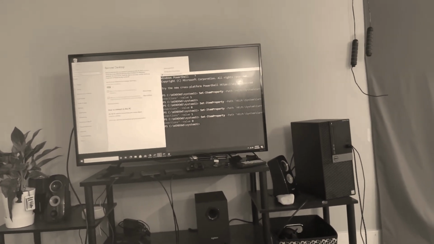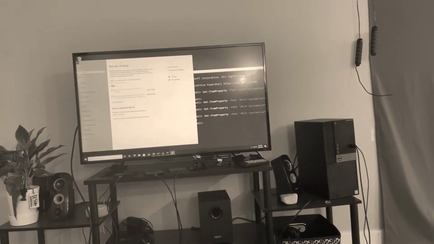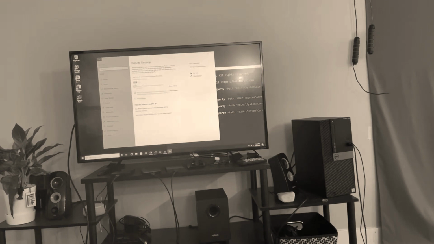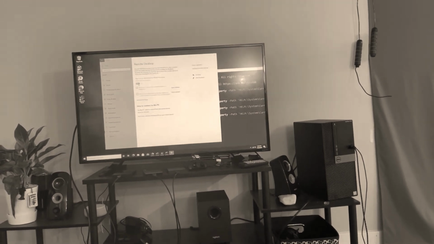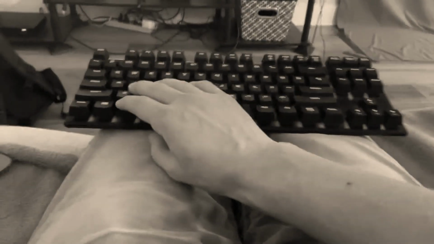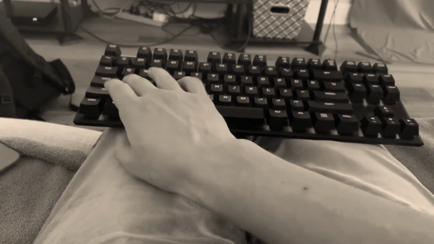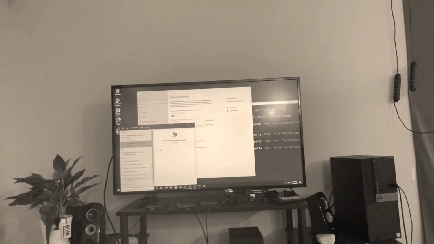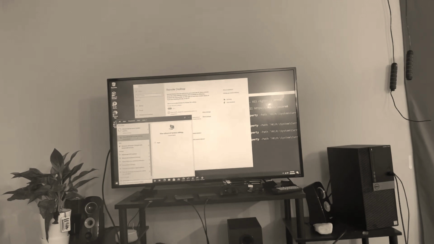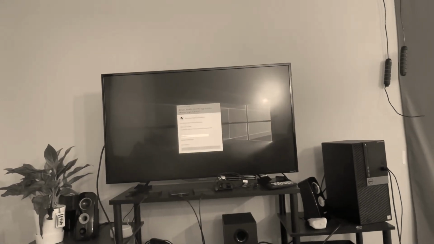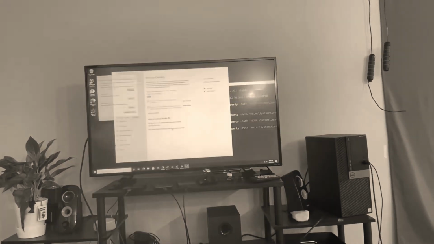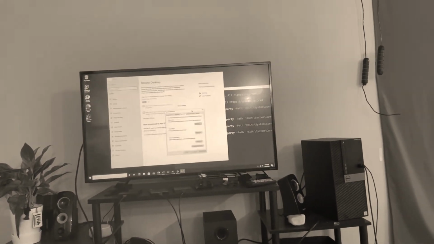So all through command. If you, for some reason, wanted to do it the manual way, you could come over here to remote desktop and go ahead and switch this over. Now, you are also going to need to go into the start menu and do view advanced system settings. And now it's going to ask me for an admin login. If you're not admin, I'm just going to hit enter because I have no admin password, which is super strong